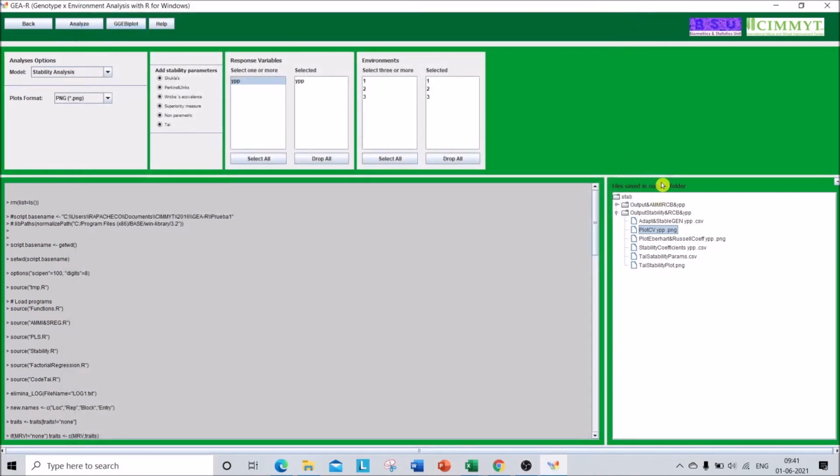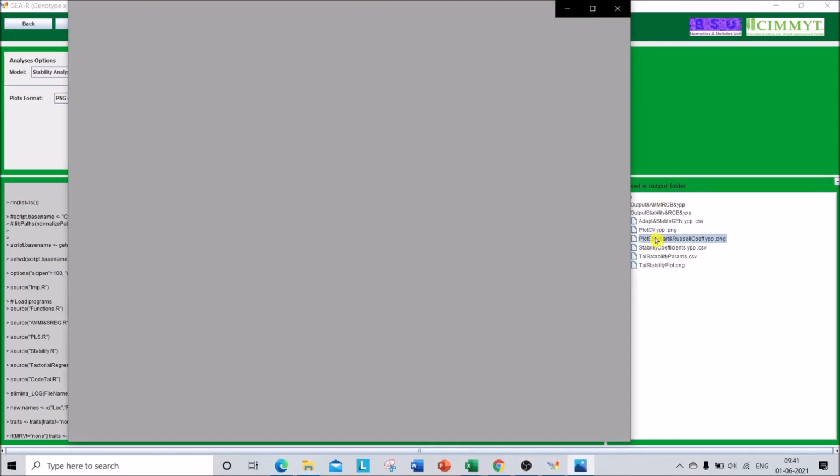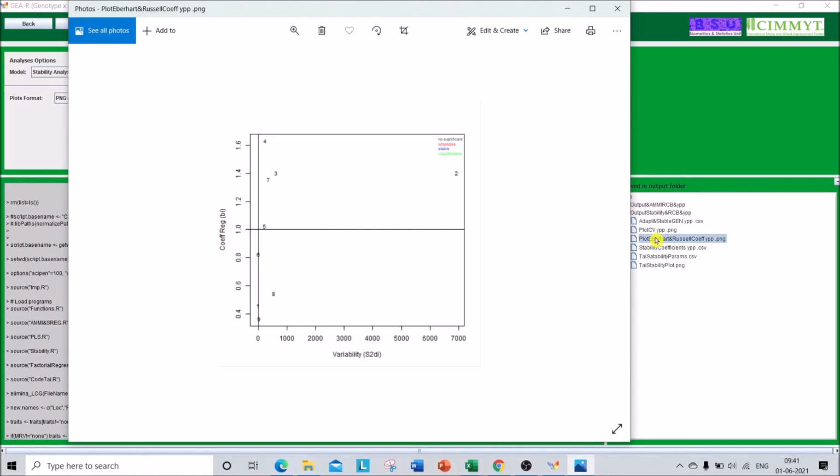So I am closing this. Now coming to the next plot. This is the Eberhart and Russell model plot, where you can see the coefficient of regression, that is your b value, on the y-axis, and the squared deviation s²d on the x-axis. Again you can see there is a color variation.